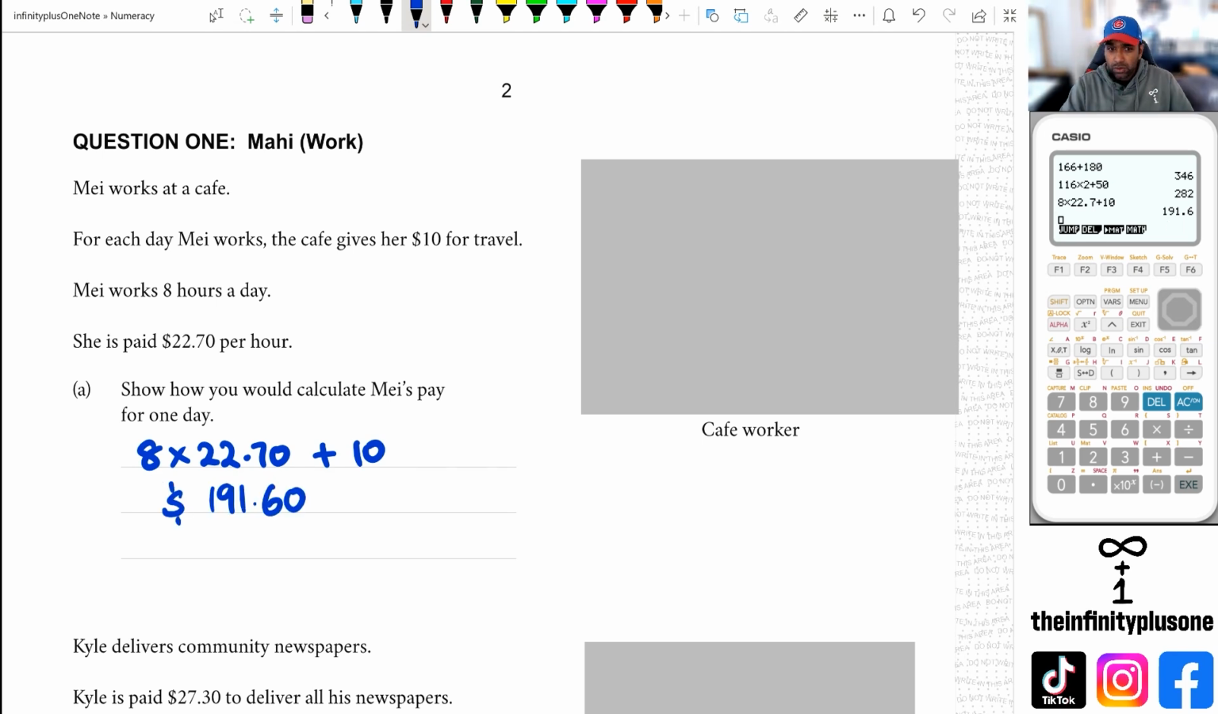$191.60. Now, when I was working with this question with my class, one of my students said it should actually be $201.60. And I was like, why is that? What if it's $10 for travel each way? Sometimes you might see that as $10 per single trip of the travel. So if that's the case, you might do 8 times $22.70 plus 2 times $10, which means you're going to end up with